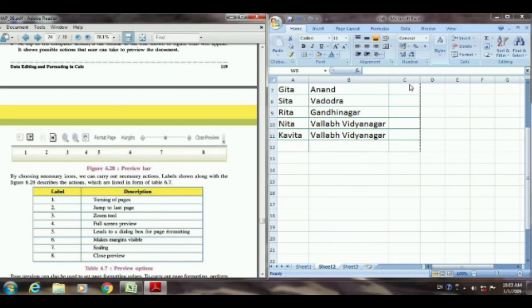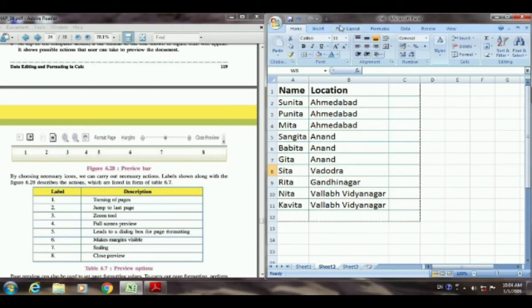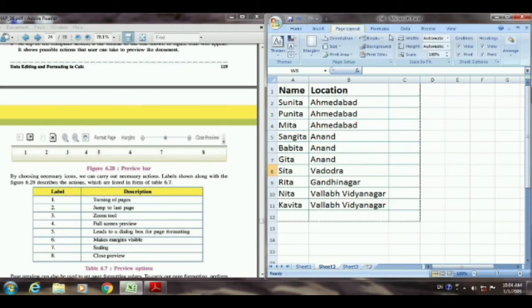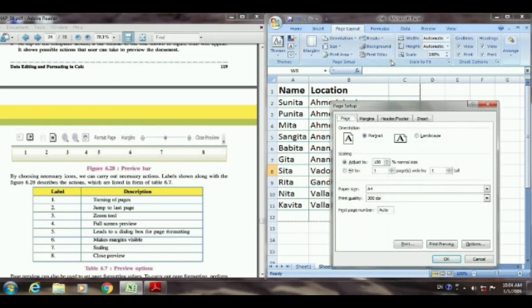But in Excel we have the page layout tab. So in the page layout we have to go before printing our page. Go to the page layout, and here the page setup group is there, and you just click on this dialog box launcher.